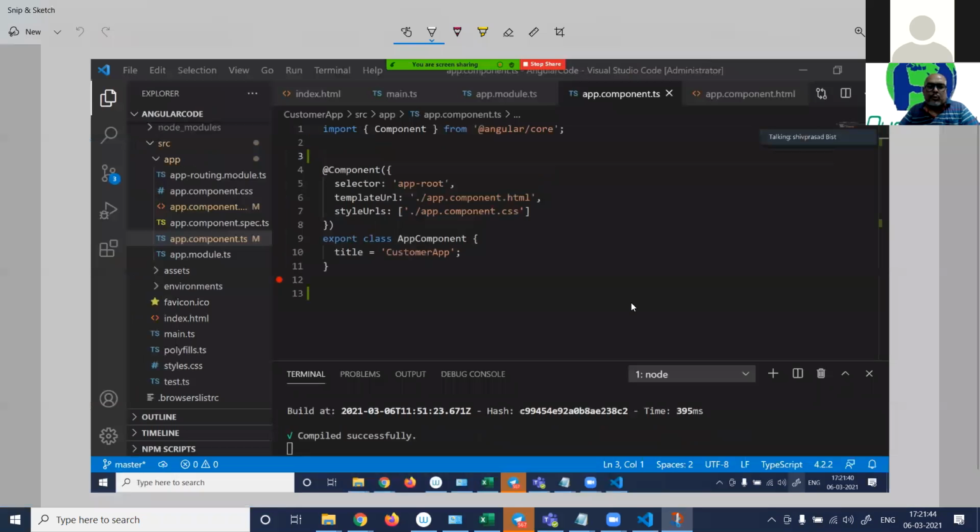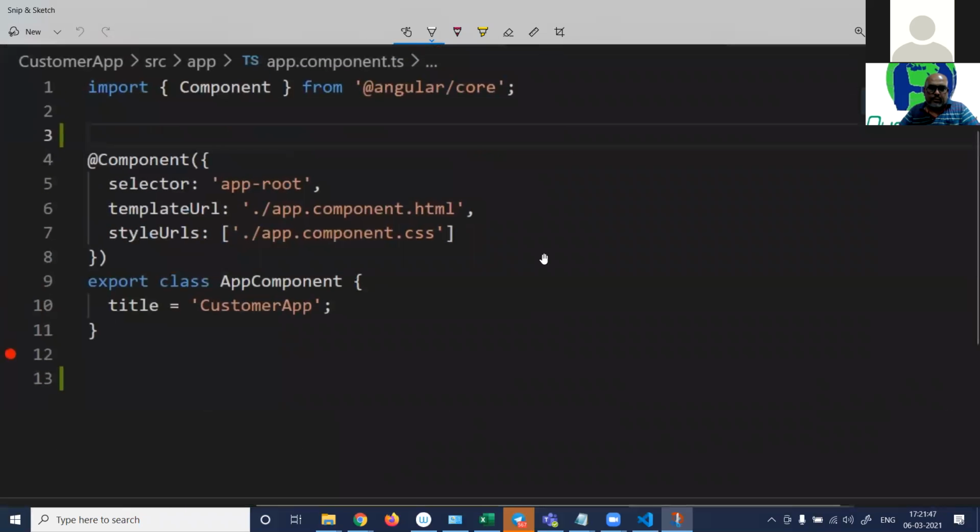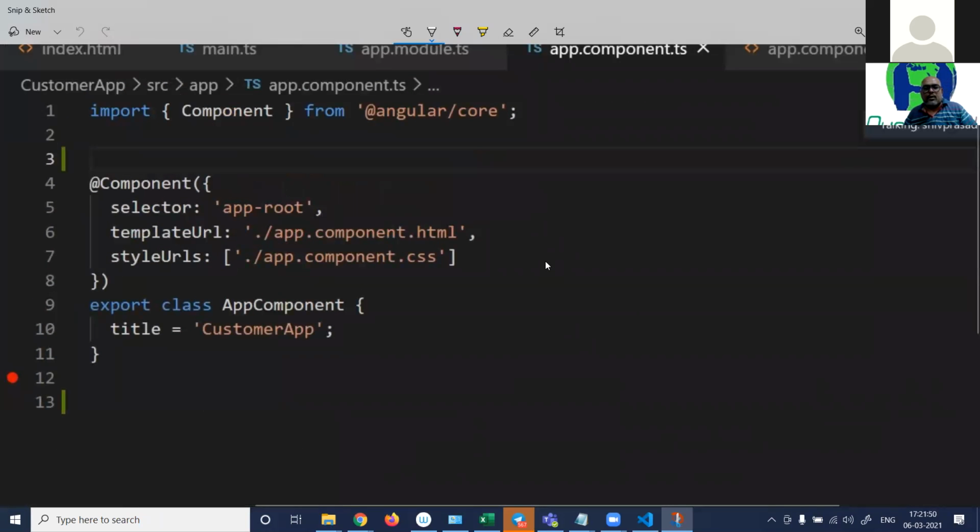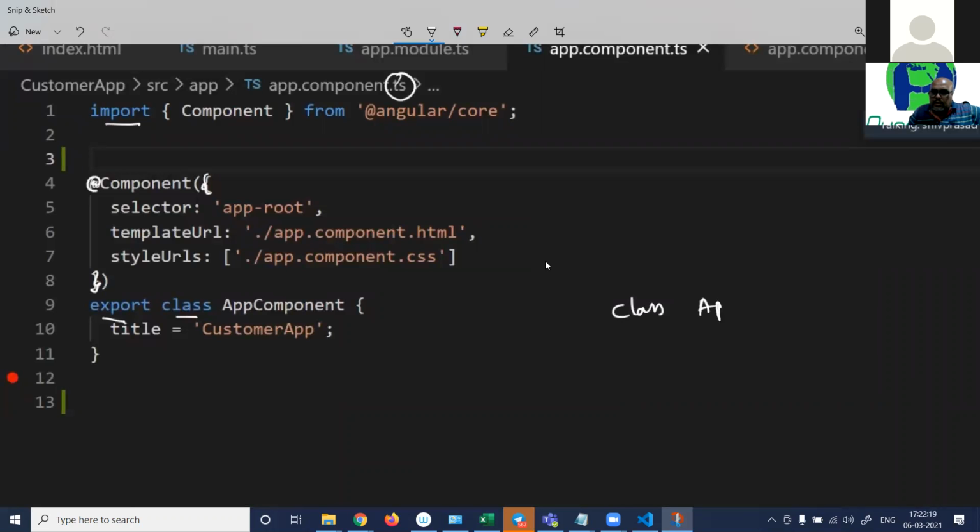Now let's zoom in on the component. So here is the component. First thing, you can see TypeScript everywhere. Angular uses TypeScript left and right, morning and evening. So you can see this is TypeScript, TS, import, export, class, TypeScript, right? Now you can see here on this class, class app component. On this, there is a nice decorator.